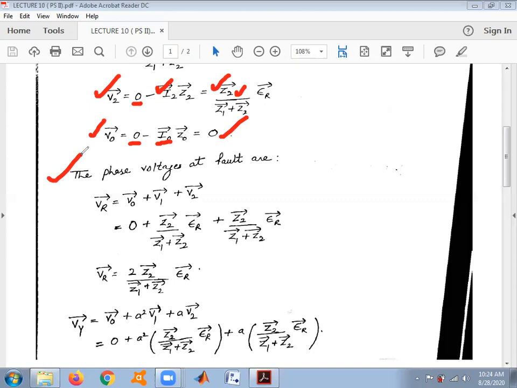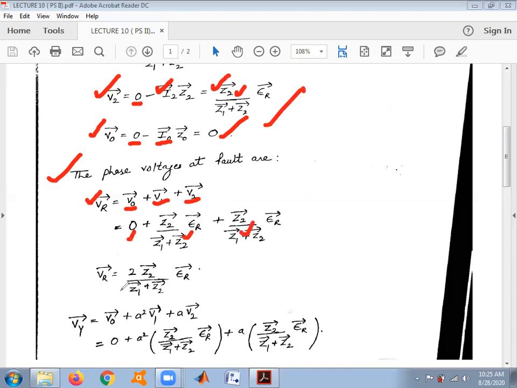we are using the symmetrical component method, which states that any unsymmetrical fault or voltage or current can be equated into three sets of sequence components. Those three sets of sequence components are known as positive sequence component, negative sequence component, and zero sequence component. So any unsymmetrical fault can be converted into three sets of sequence components: positive sequence component, negative sequence component, and zero sequence component. So by substituting the values which we have calculated here,